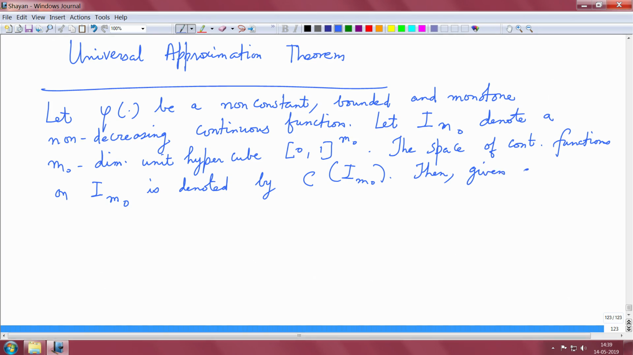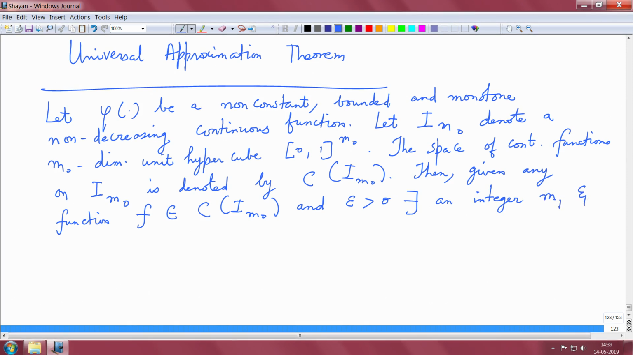Then given any function f that belongs to this space, that is the space of all continuous functions on this unit hypercube, and for some small positive epsilon, there exists an integer m1 and sets of constants alpha i, b i, w ij for i equals 1 dot dot dot till m1 and j equals 1 dot dot dot till m naught,